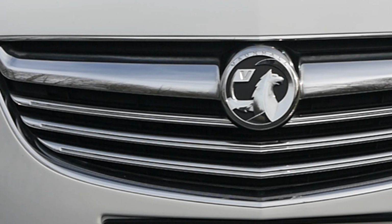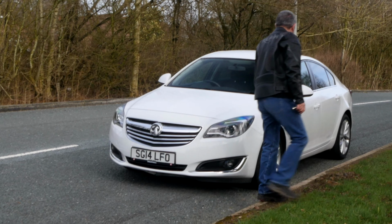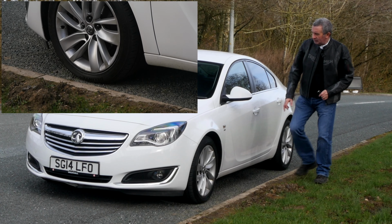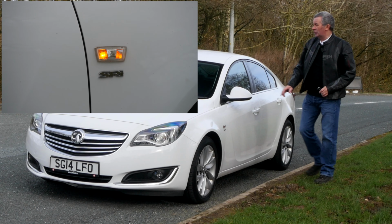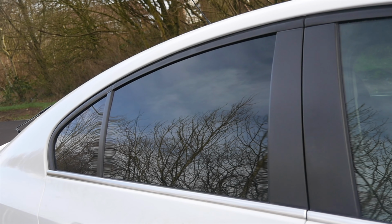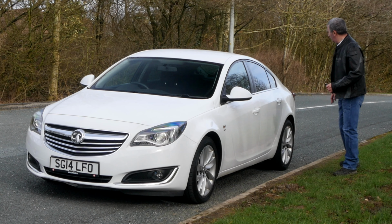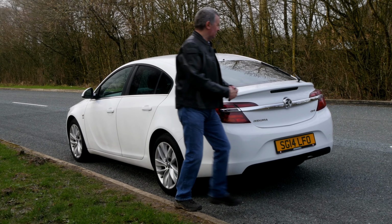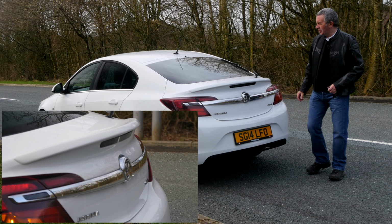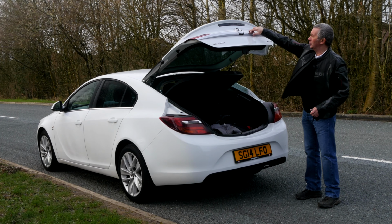So it's got the nice chrome grille or chrome effect grille, the insets around the fog lamps, multi-spoke alloys, SRI badge just under the indicator there, rear privacy glass, well, chrome separator from the windows to the bodywork, but black round the top there. Plenty of tread on all the tyres. Got this little lip spoiler here on the tailgate, rear wash wipe, electric boot release, the chrome trim again and